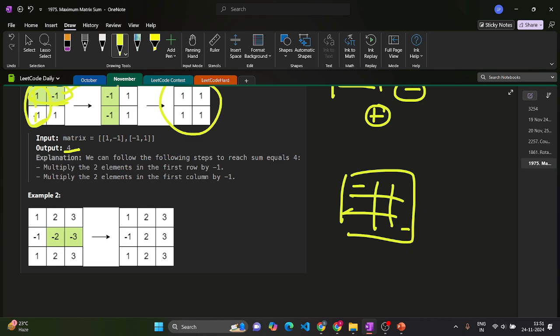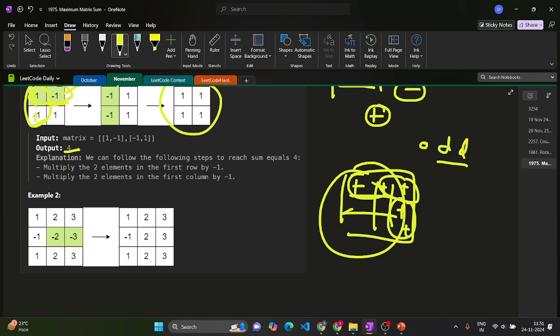So we'll start from this point, we'll make this positive, and this will turn into negative when we choose these two, and this will become positive, and this will become negative, and this will turn positive when we choose these two, and we have these two again adjacent to each other. So we will choose these and make all of them positive. So we can do it, but if we have an odd number of negatives, there will always be one element left which we can't convert into a positive number,